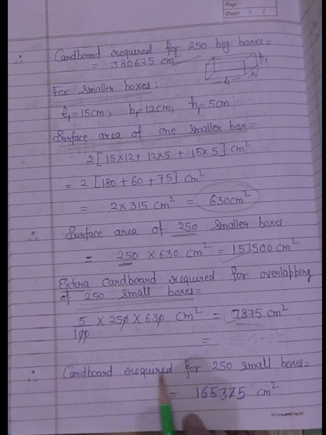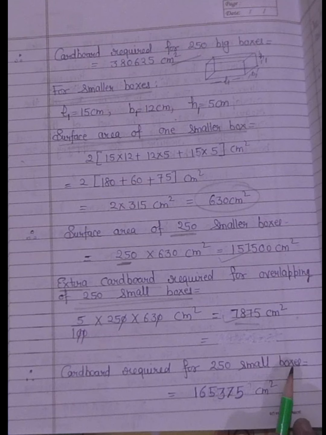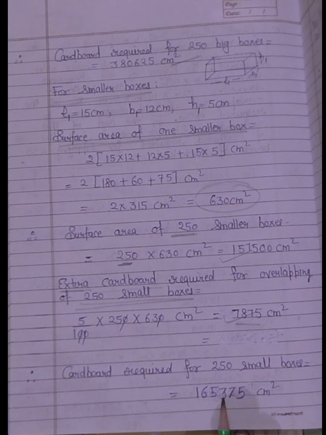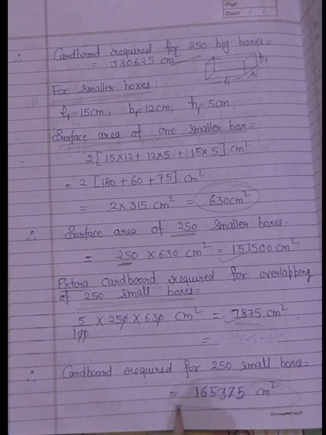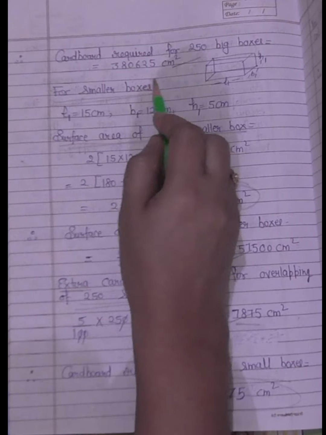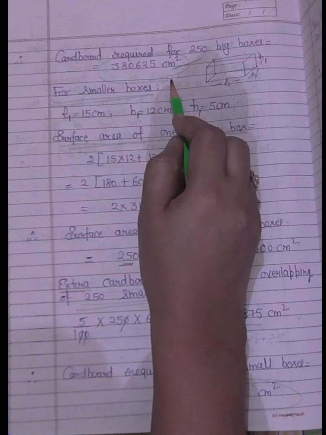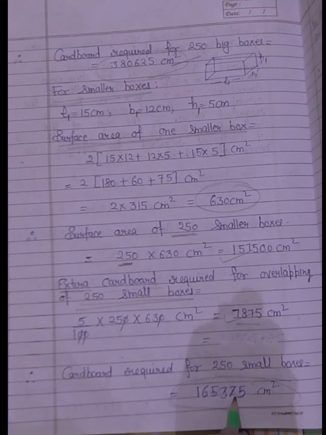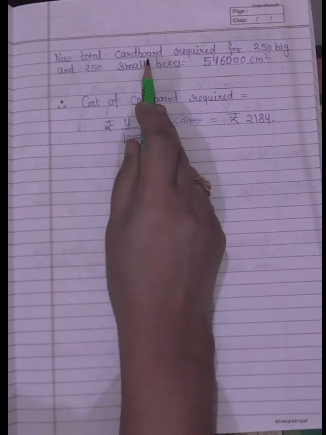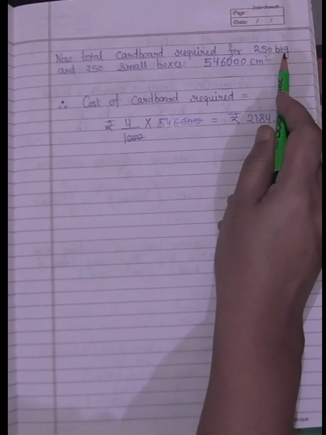So cardboard required for 250 small boxes will be 165,375 centimeter square. Now this is the cardboard required for the smaller boxes and this is the cardboard required for the bigger boxes. So we will add both. This will be the total cardboard required. Now the total cardboard required for 250 big and 250 small boxes are